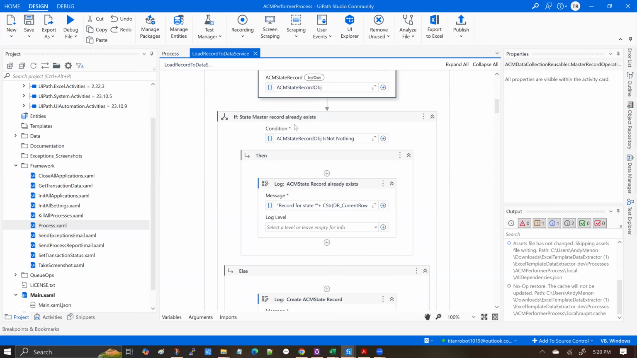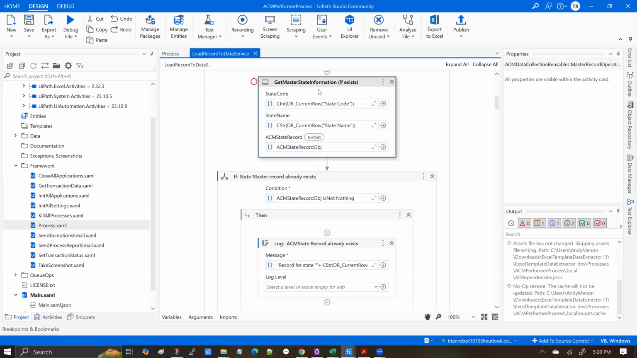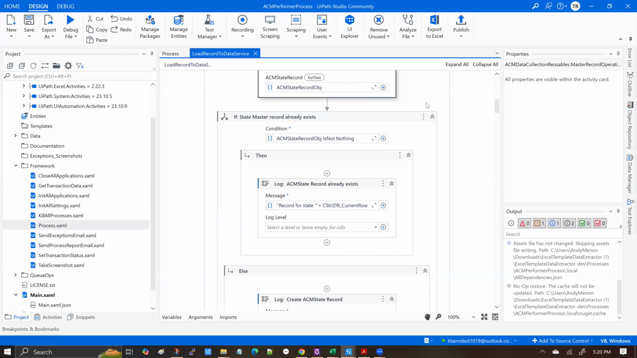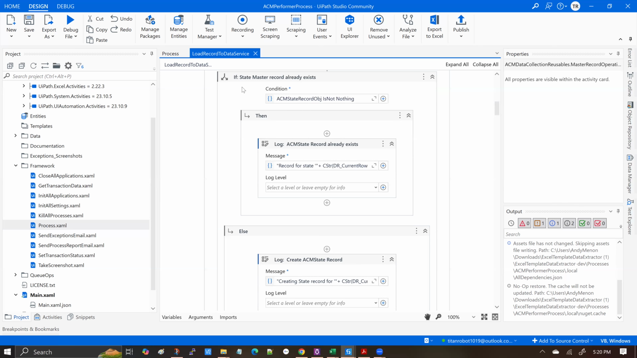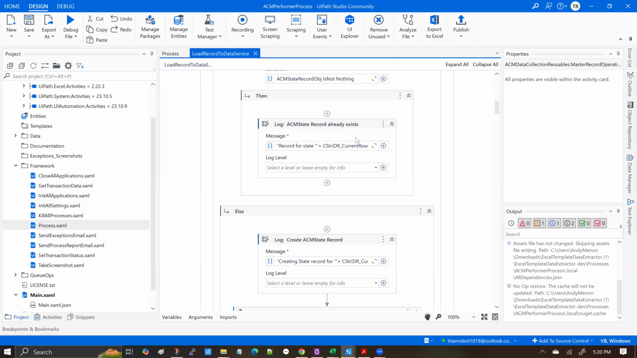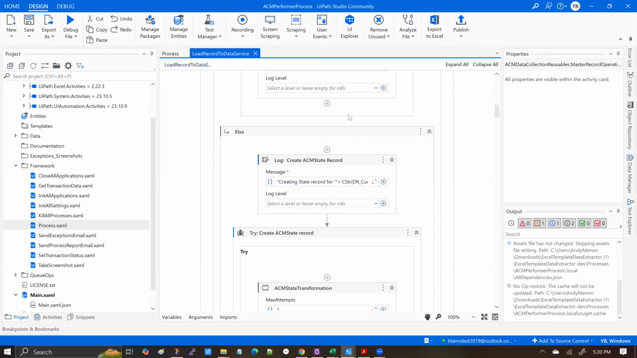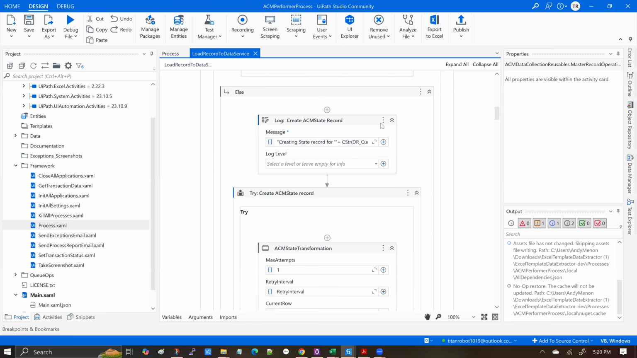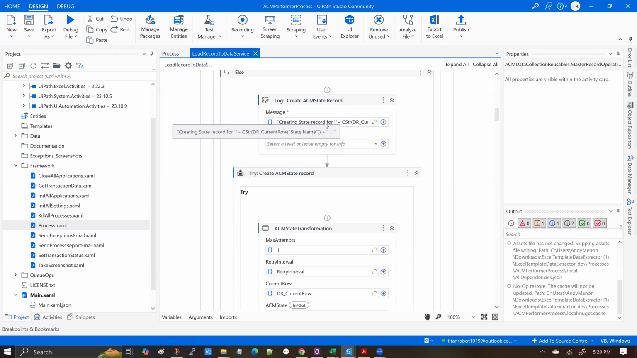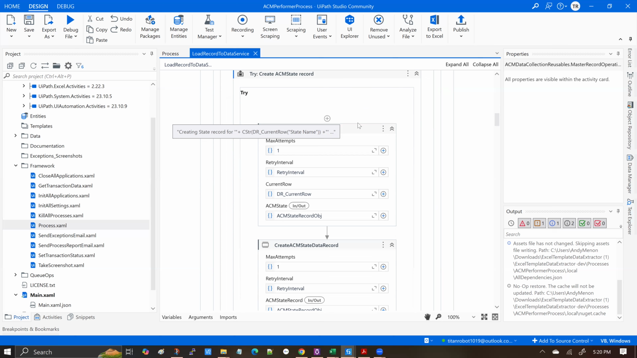So next, I make sure to check if that state record information already exists. This is very similar to what we saw in the stock implementation of the solution accelerator template library, right? If the master record already exists, then that's great. You just put it in the log and you know that the state record already exists and no more action is required. Now, if it does not exist, you'll have to create it, right? And therefore, here we log a line saying, okay, the state information was not found, and I'm going to create one. And that is where we call